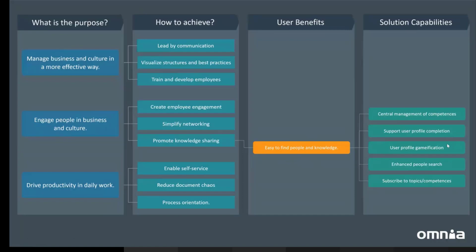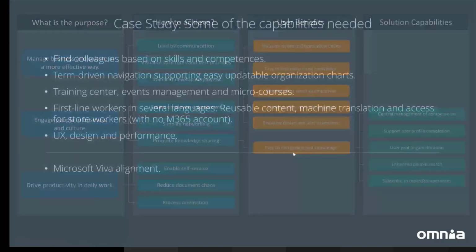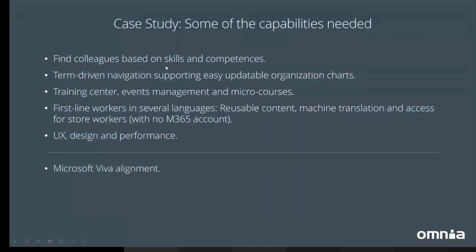So what we're going to look at today is, instead of just a general overview of Omnia, I'm going to show you a couple of areas here that were pretty important to this organization. We have them here as a bulleted list. We're going to talk about people search within an intranet, and especially finding people based on competences. We're going to talk about how to visualize dynamic organization charts that can be easily updatable and up to date,